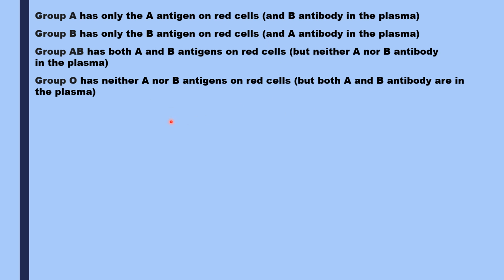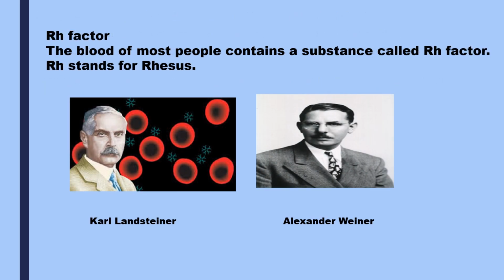So this is how the different types of blood groups are identified or recognized by the presence of antigen which is present on the red cells and the antibody which will be present in the plasma. The Rh factor, which is also called the rhesus factor, is an important characteristic of blood cells because it tells us whether the blood of two different people is compatible or not when mixed.